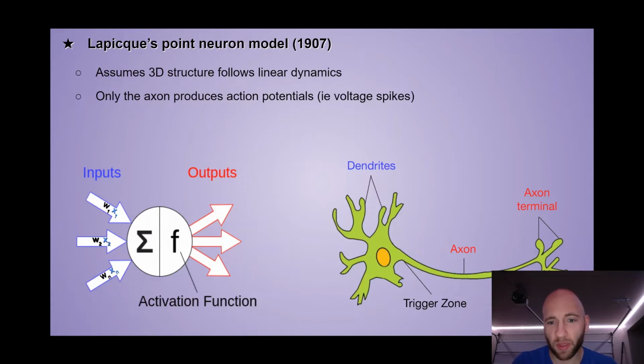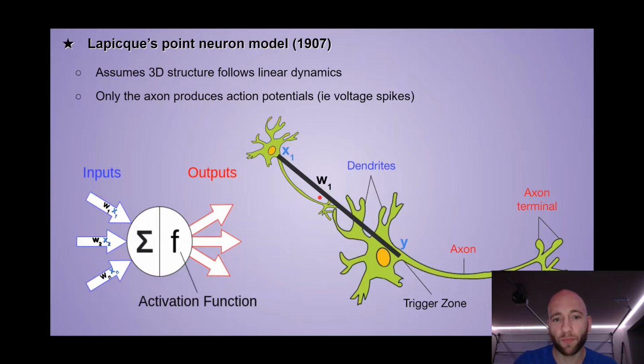And so yeah, the point neuron model assumes that the only place that produces such a spike in voltage is at this trigger zone here, not anywhere else. And both these points, as we'll go into later, we know are really wrong assumptions. And so I added an extra neuron here and showed you, if this is the trigger zone of this smaller neuron and it has decided to